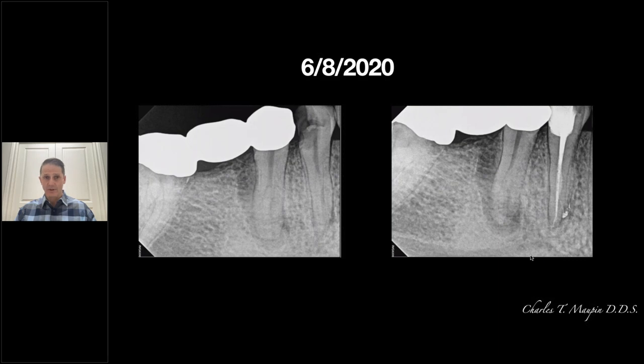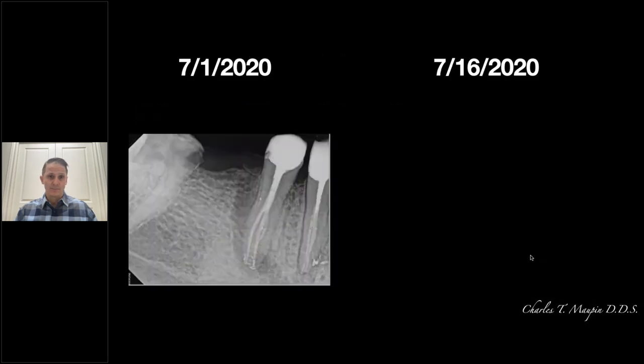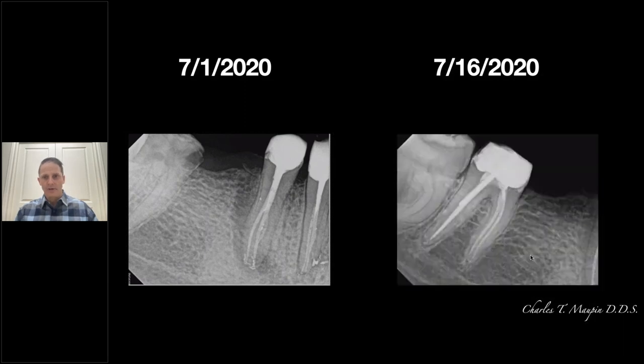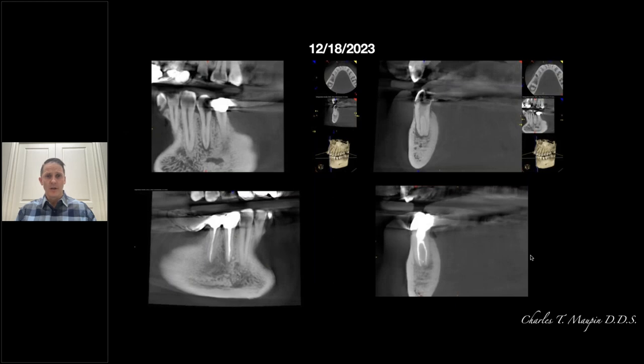On 6/8, we saw him and we treated tooth number 28 using the laser single visit treatment. 7/1 had him back. We removed the bridge, cleaned the decay up, treated tooth number 29. Again, laser activated irrigation. July 16th came back and we completed with tooth number 31. So why am I showing you this? Well, fast forward to yesterday, this patient was back in my chair. And so I was able to gain recalls of this case.